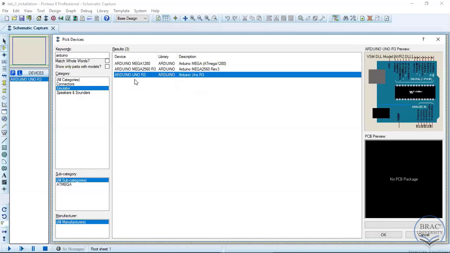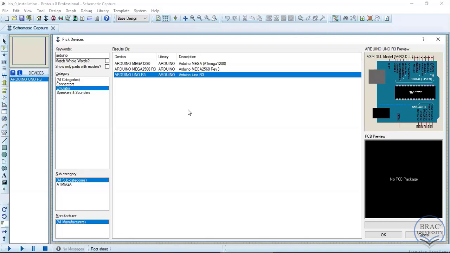When I double click this one, the component appears in my components list so that I can use it in my simulations. Since we have configured our Proteus to include the Arduino library, we may draw simple circuits. But before that,